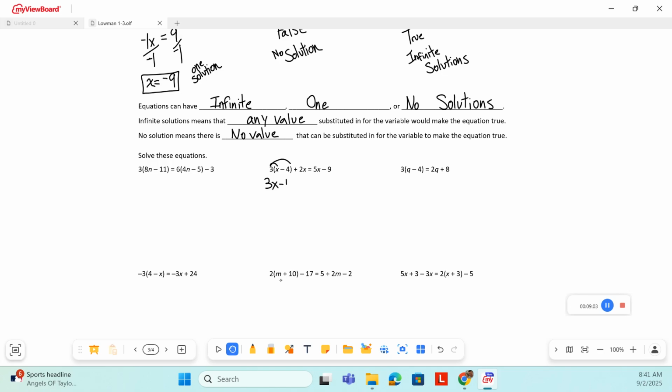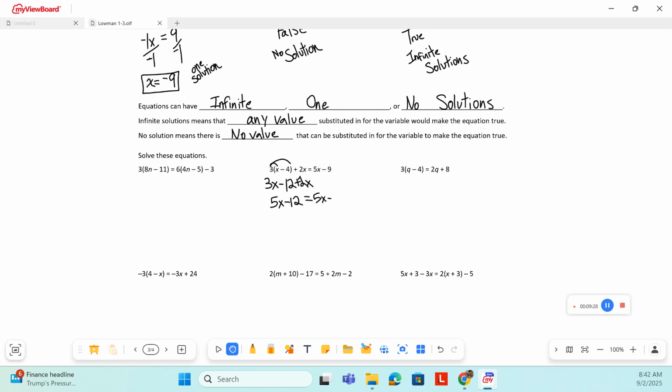So 3x minus 12 plus 2x. Add those together, that gives me 5x minus 12 equals